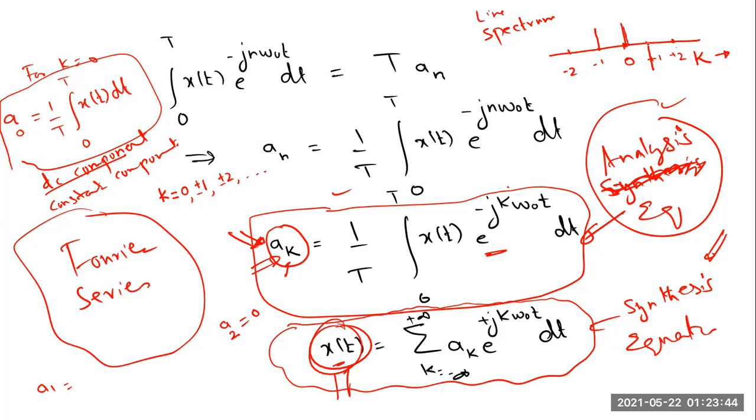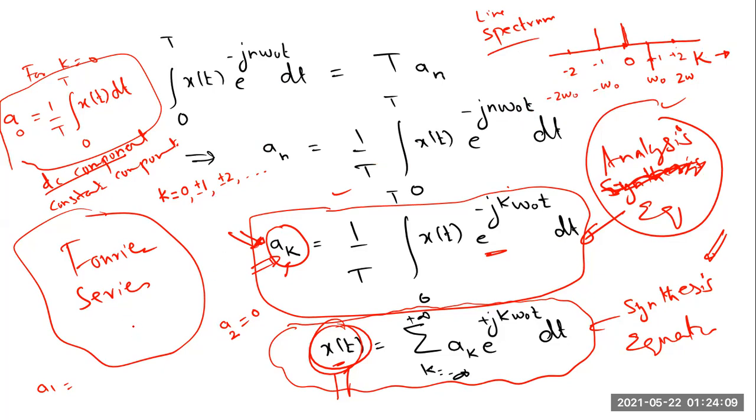If you have something at k equal to plus 1, it means the frequency is omega naught. K equal to plus 2 means the signal frequency component is 2 omega naught. Minus 1 means signal frequency is minus omega naught. Minus 2 means signal frequency is minus 2 omega naught. So actually, this is the spectrum. And that is that